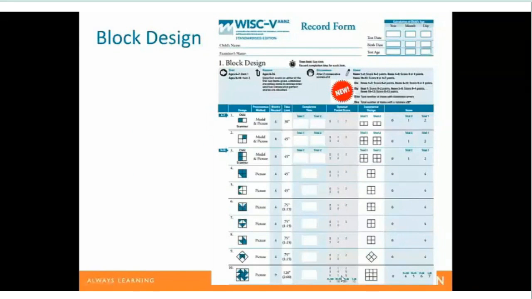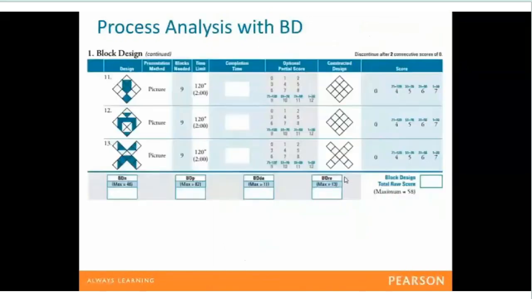It's not here to change the Block Design score. It's here to record if the child has achieved any of the blocks in that particular design as correct. So for example, on item 4, if the child has 3 out of the 4 blocks correct, we would circle 3, and that is totaled at the end and can give you an idea of how close the child was